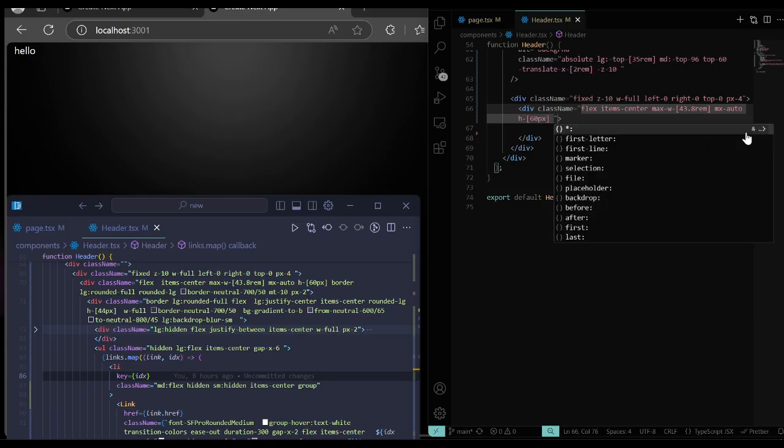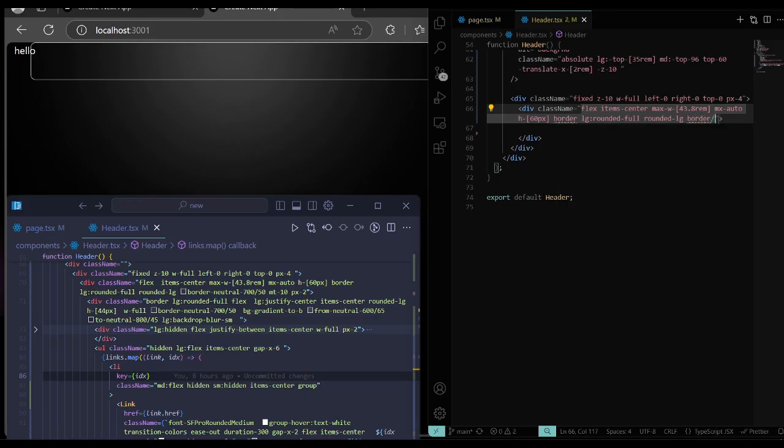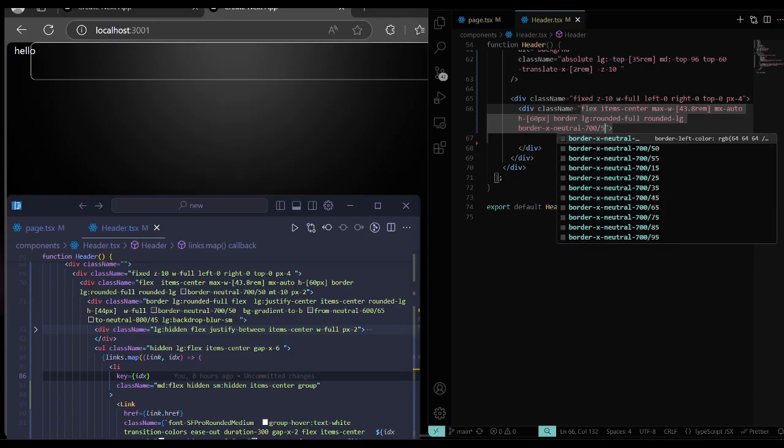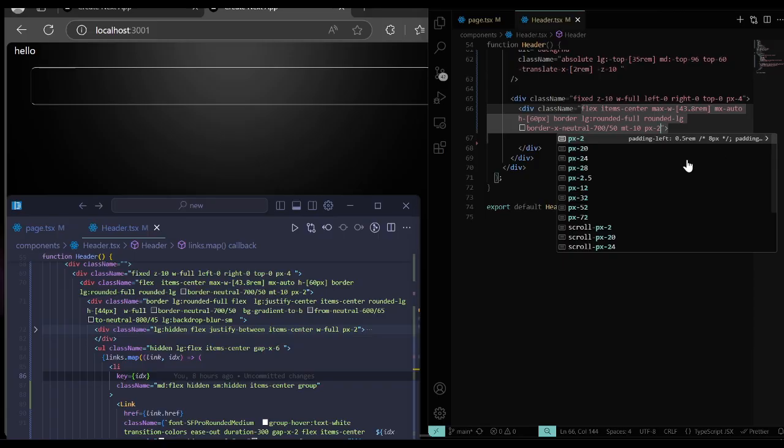Also here you give it a border, and on a larger device I want it to be rounded full, and rounded LG, and also we give it border neutral 700, this one. Then I give it a little bit low opacity of 50, and here margin top of 10 px to be of 2. Okay, so the next thing here we're going to do is